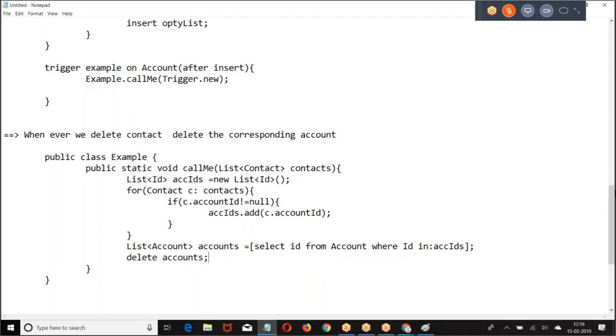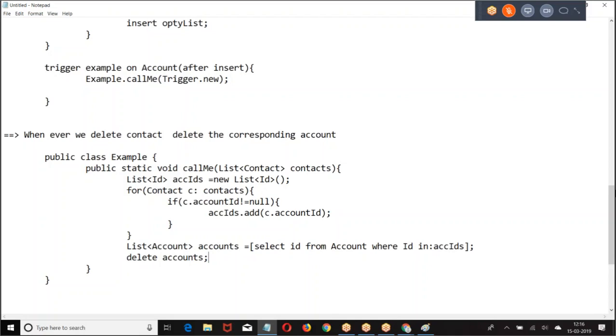There are 12 triggers in the Excel sheet. Try to implement them. I'll upload 20 more trigger use cases in the Facebook community. Already in your notes, in the trigger notes, there are 20 triggers I have given. In the Excel sheet, there are 12 triggers. I'll upload 20 more triggers in a day. You are supposed to implement all of them. In the notes they are already implemented, so you can only copy paste.